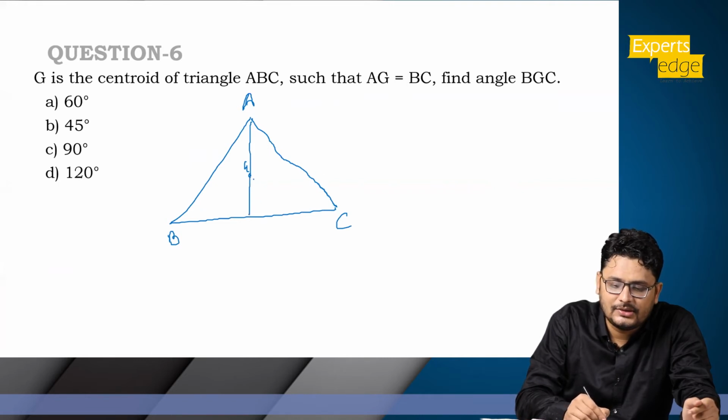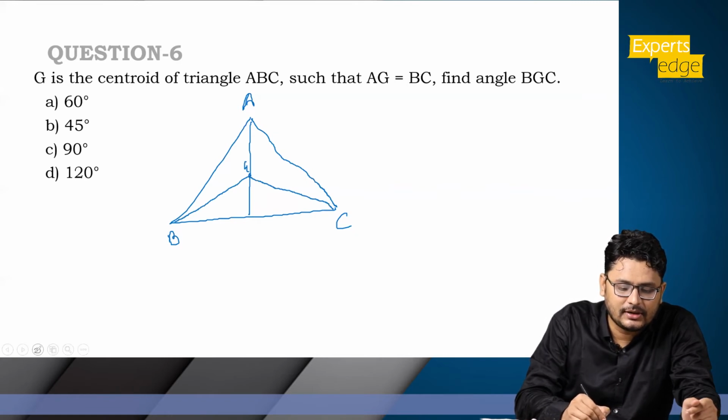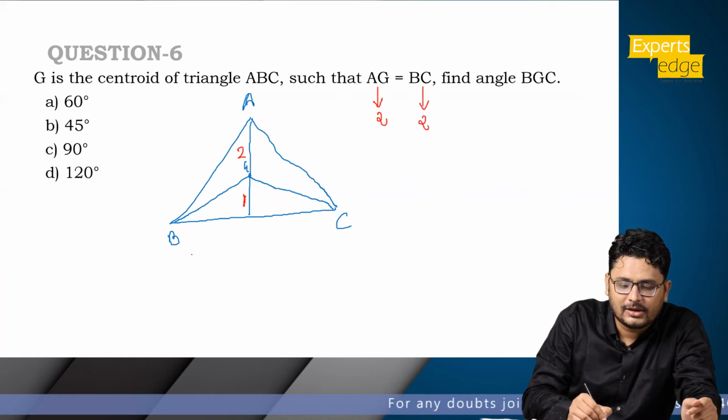Find angle BGC. He is asking for this angle, BGC. What is the property of centroid? You must be remembering that property. Centroid divides the median into a 2:1 part, right? So if this is 2, then this will be 1. And what he has given is that AG is equal to BC. So if my AG is 2, BC will also be 2, right? So if my BC is 2